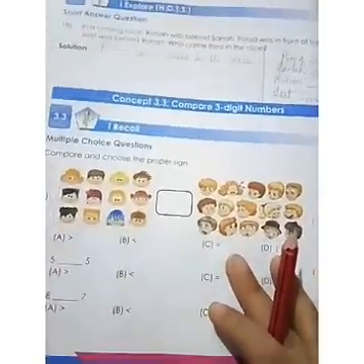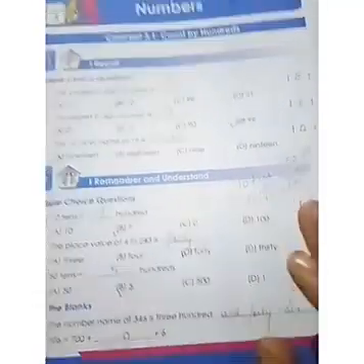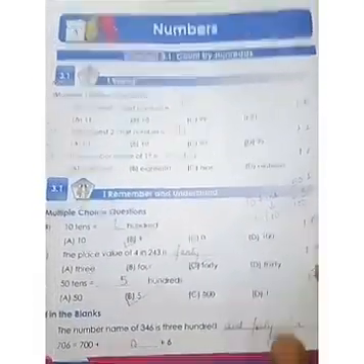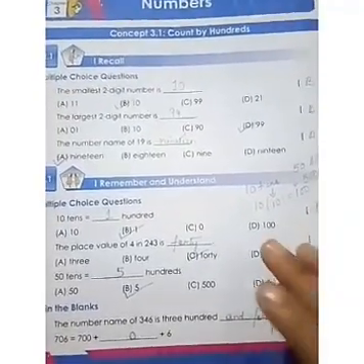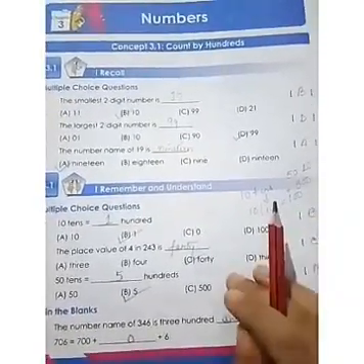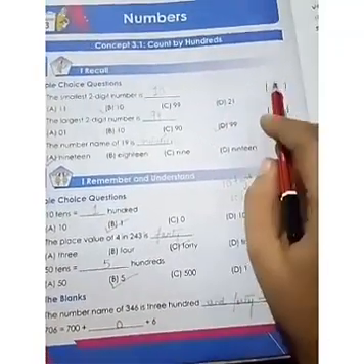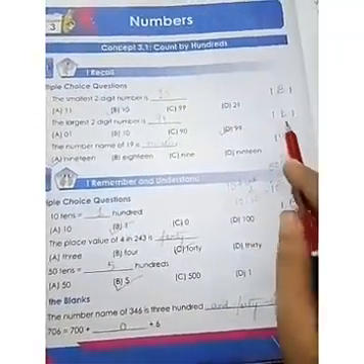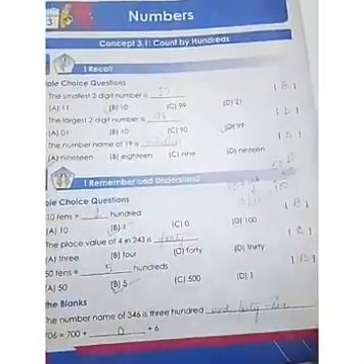Okay. So children, these are the topics about ordinal numbers and count by hundreds. I'll be giving the answers in the PDF file as well. You can go through them and you can note down in your workbook. And children, remember one thing, when you are writing in your workbook, you have to write using a pencil, and for the MCQs, please don't forget to fill this up also. Okay. And to give tick mark and write the correct answer in the blank.